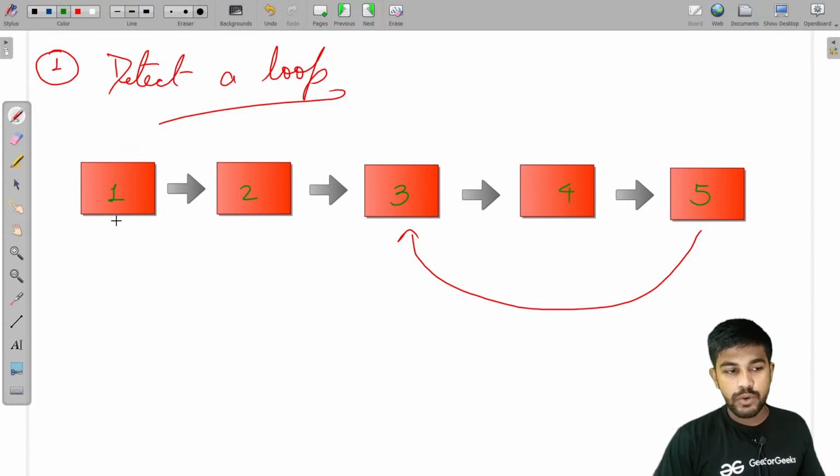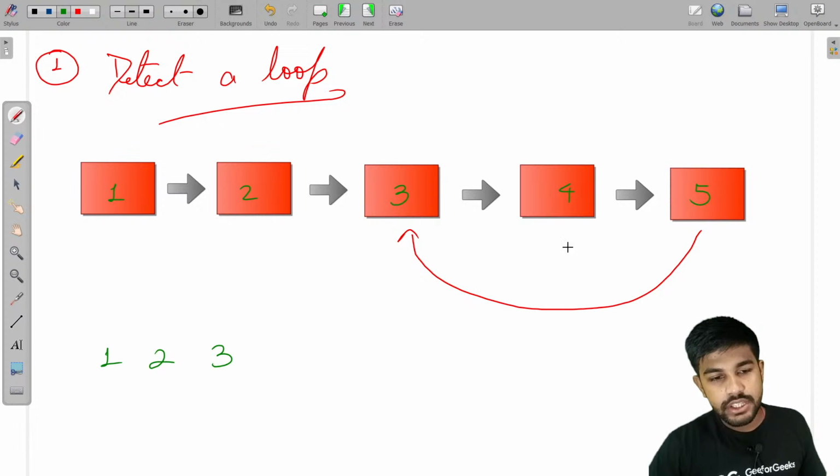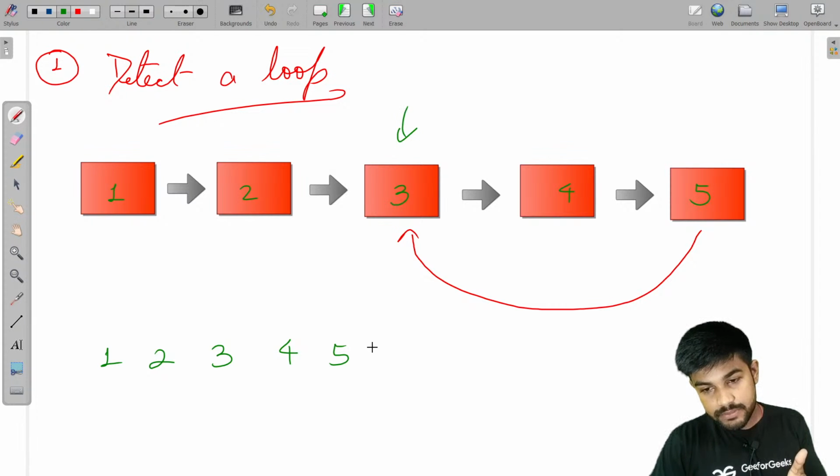So what is done is 1 is visited, so we have written 1. 2 is visited, we have written 2. 3 is visited, we have written 3. 4 is visited, we have written 4. 5 is visited, we have written 5. Now whenever we would again come across 3 itself,